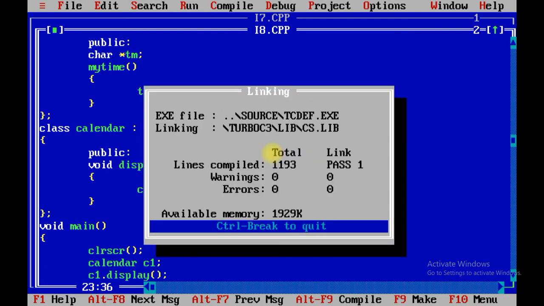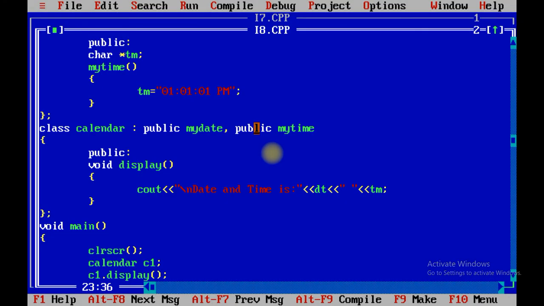I8. See over here the output: 1-1-2020 and the time 10:10:10 pm, which is the time initialized by the myTime class. So in this way you can use the concept of hierarchical inheritance or the concept of multiple inheritance.